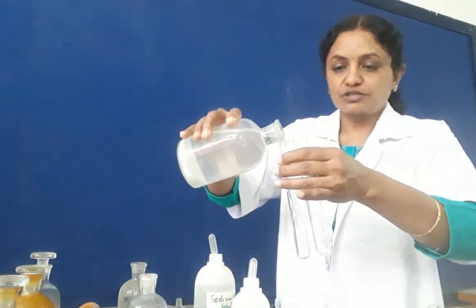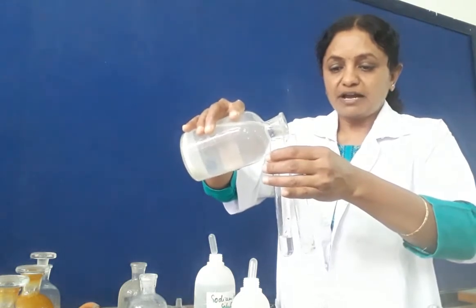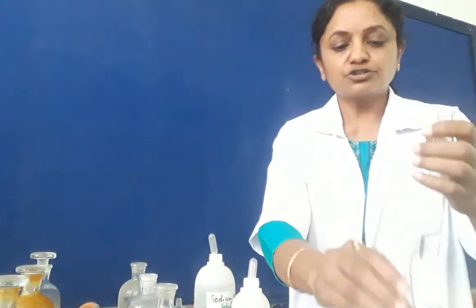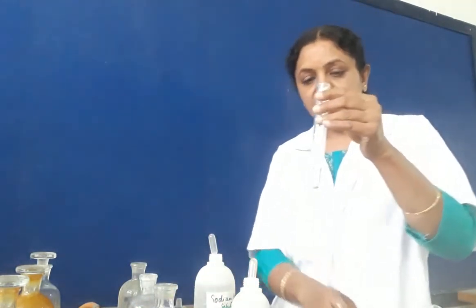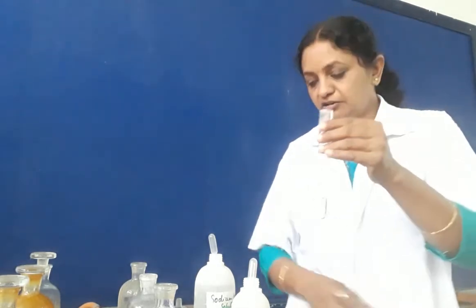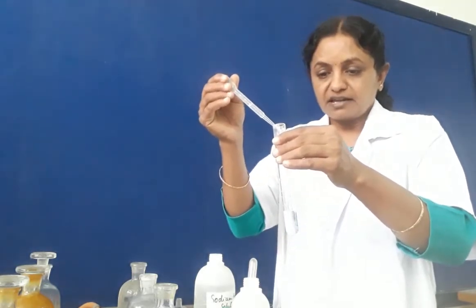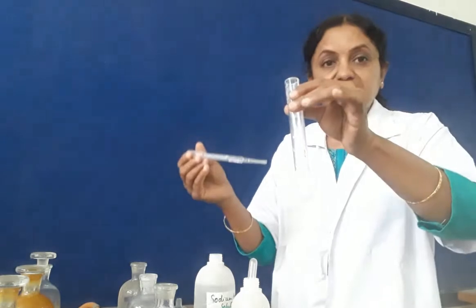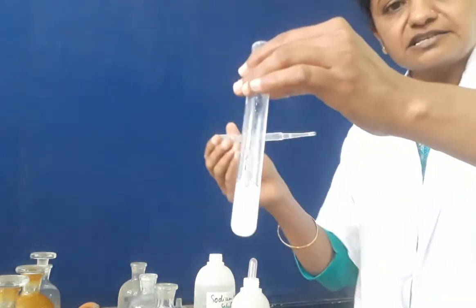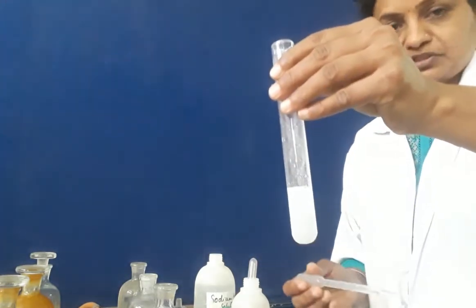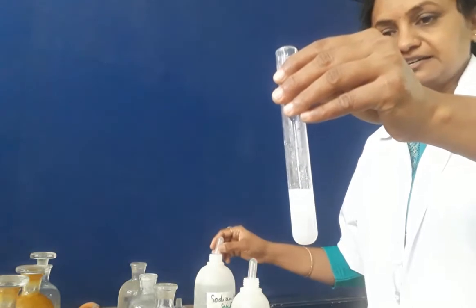In the first test tube, we will take zinc sulfate salt solution in two test tubes. One we will detect with sodium hydroxide and another with ammonium hydroxide. We have taken a small amount of zinc sulfate. Now we will add a very little amount of sodium hydroxide, and see here we have got a gelatinous white precipitate. A very thick PPT, and it will stick to the sides of the test tube. So this is gelatinous white PPT.